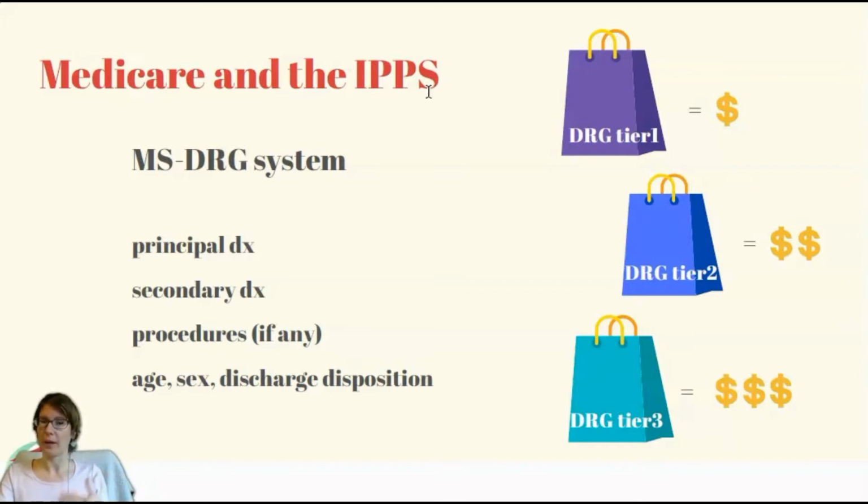In the past, it was very different. Hospitals were paid based on the charges billed. There was no incentive on the hospital's part to cut spending because the more they billed, the more money the government sent them. In order to prevent this from happening, Medicare adopted this different system that is based on MSDRGs, or Medicare Severity Diagnosis Related Groups.